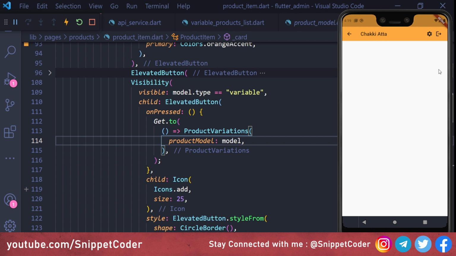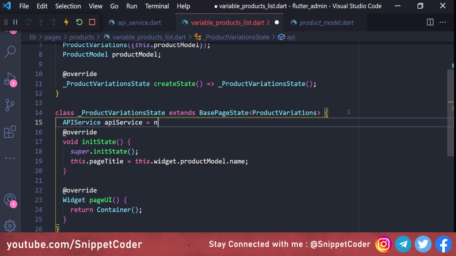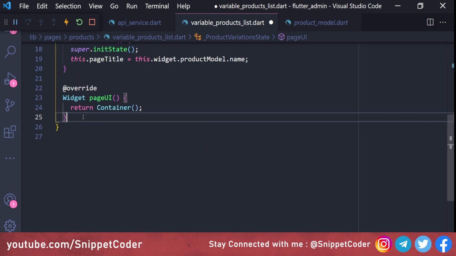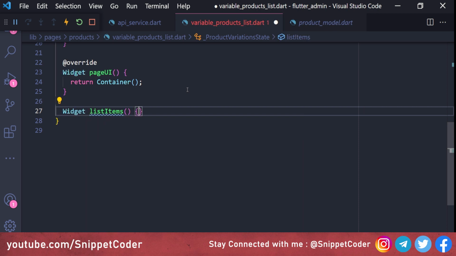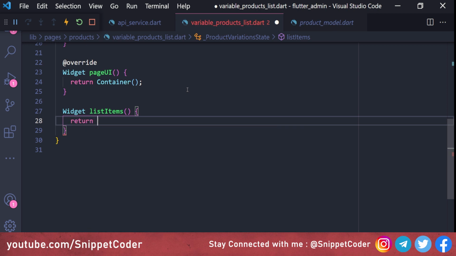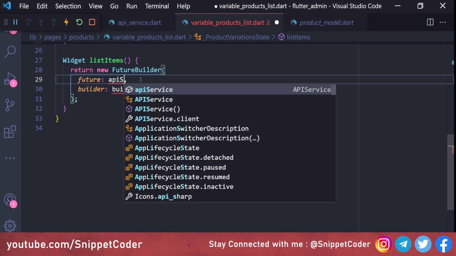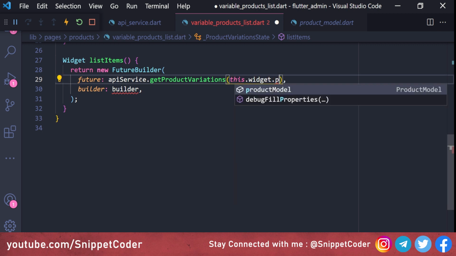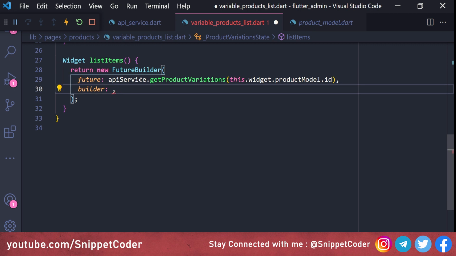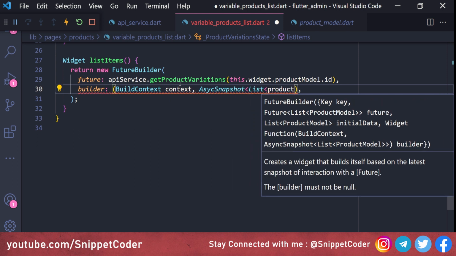So now let's move to the UI part to complete the UI, and here we will create the object for the API service is equal to new API service. Here we will create one visit, visit list items, and here we will call the future builder, and from here we will return new future builder, and here the future we are taking from API service dot get product variations, and here we will pass the product ID, and we will call here this dot visit dot product model dot ID. Then we have the builder here, and here we have build context, async snapshot, list product model,